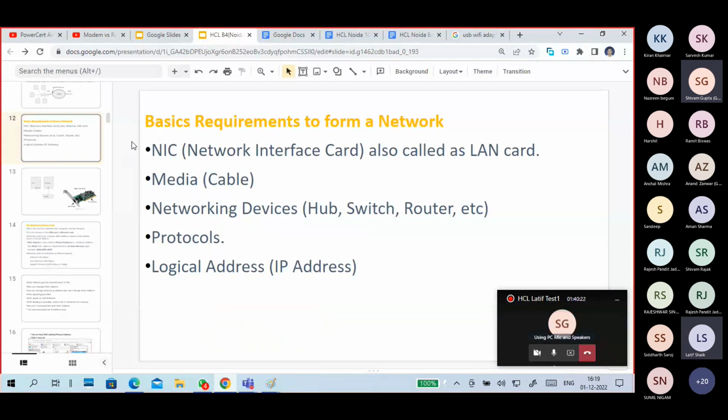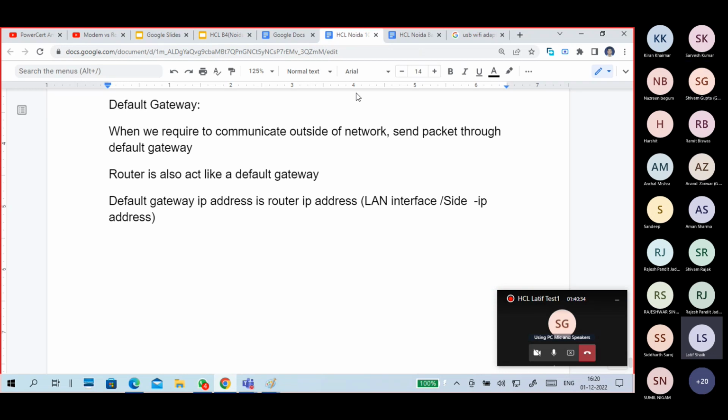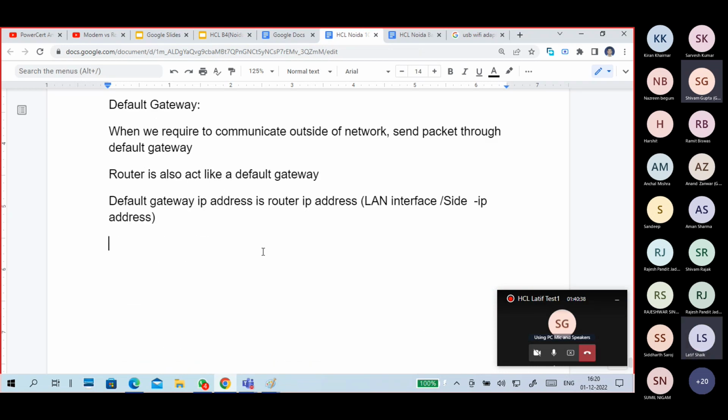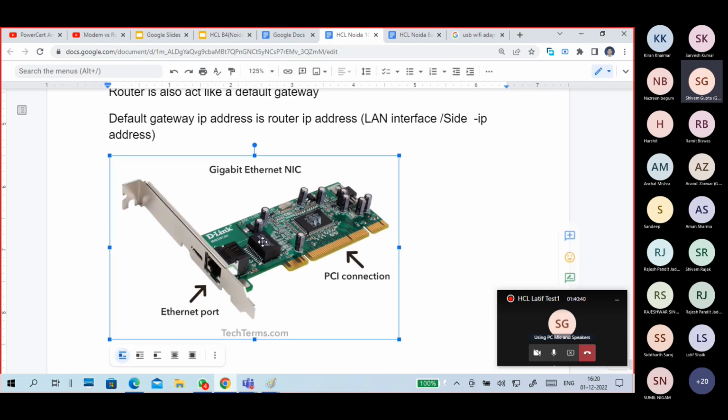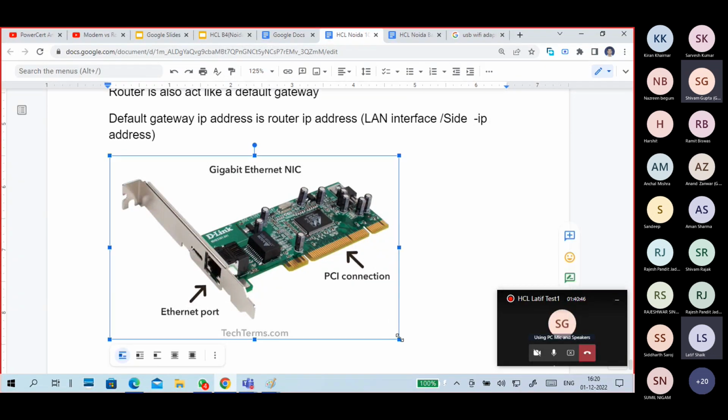So here, the last point we discussed was the basic requirements of networking. The first one is the NIC. If you see this NIC, guys, it is a network interface card. This is a physical NIC, a network interface card. So if you are using a wired network,